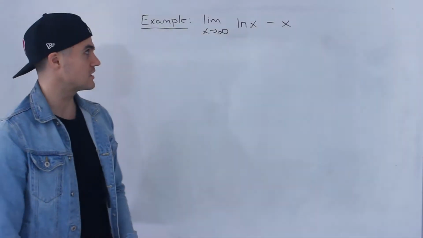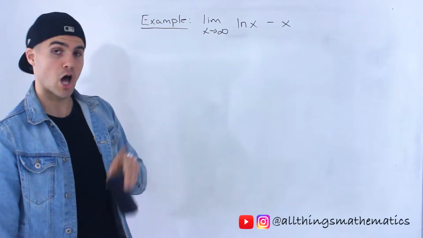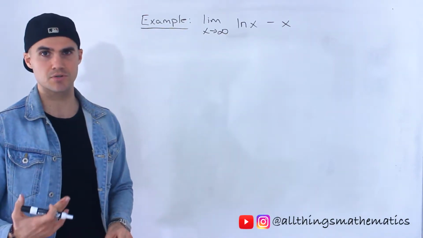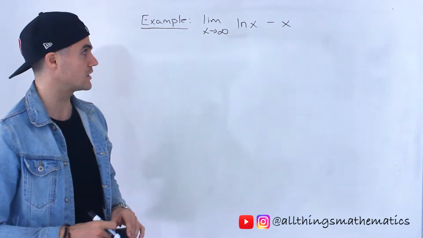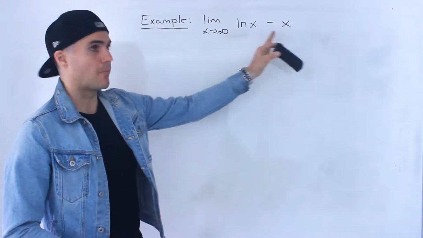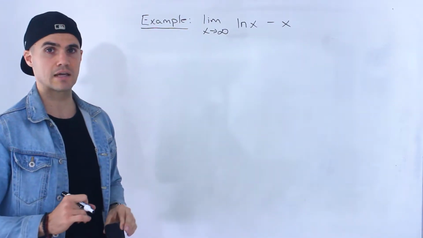Patrick here. Moving on to the next question. Got the limit as x approaches positive infinity of ln x minus x. This is a pretty popular question. I see it come up in textbooks a lot. A lot of profs sometimes cover it in class. Sometimes you'll see this reversed. You'll have x minus ln x instead of ln x minus x, but the process is going to be exactly